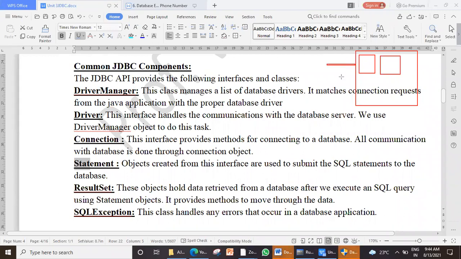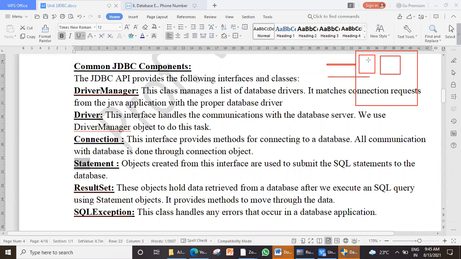Now when you are connected to the outer wall, you have entered the BCA building. Inside the BCA building, you have to come to this classroom. To come to this classroom, that means to come to a particular database, you have to use the connection object. The connection object will allow you to establish a connection with a particular database. Clear? So it will connect to the particular database inside a particular Oracle software. Fine, for example, you will be connecting to this.